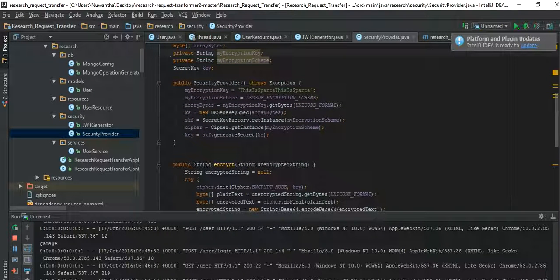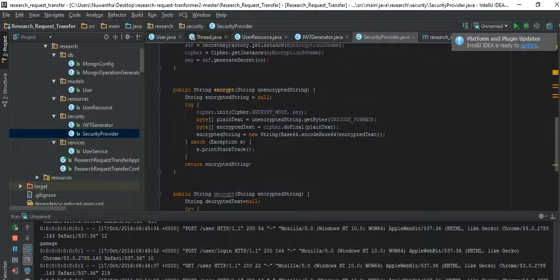save it in the database. And if someone gets the details of the database, he can't find the actual password because it is encrypted. Only the one who knows the key can decrypt the password. Then another thing,